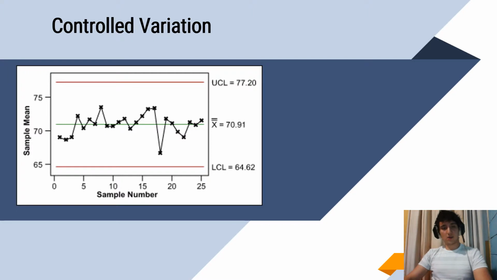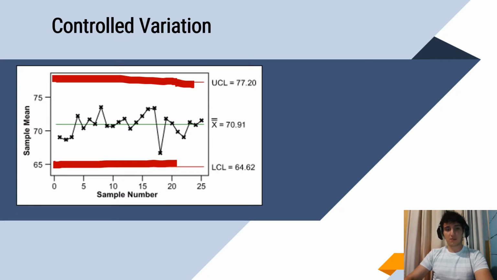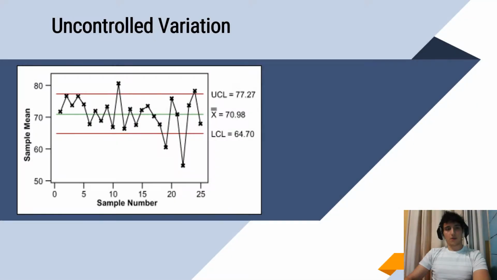Okay, now I have here an example of a control variation, because all the data is in between the control limits, and they are very close together. This means that the variation is under control, the process is fine, everything is working as intended. Okay, so on the other side here we have a non-control variation, which is what we don't want a